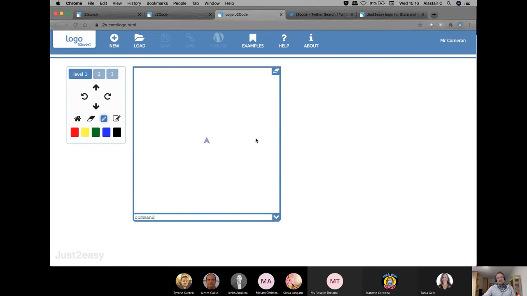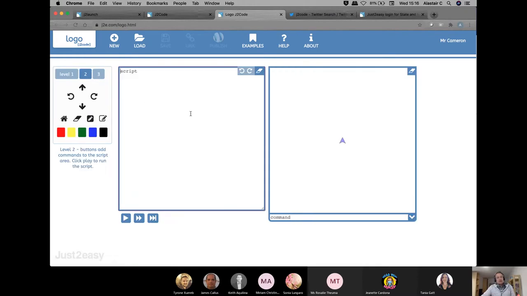very well used tool, and Logo is built on levels, just as the rest of the tools are in J2Code. The JIT, the visual and code are all built on these levels. You start at level 1 with some very basic commands. You then can move to level 2, which have all those very basic commands, but also enables you to see the visual script of the language that's happening in the background.